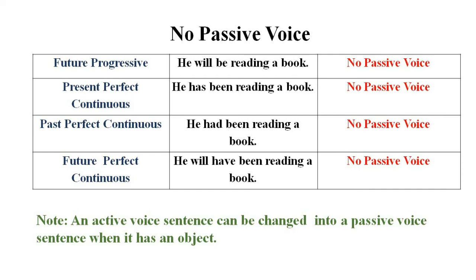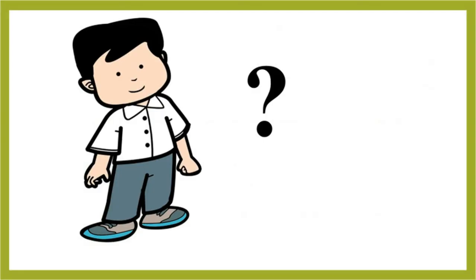And one important thing that is given in the note is that an active voice sentence can be changed into a passive voice sentence only when it has an object. तो डियर स्टूडेंट, जब एक्टिव वॉइस के सेंटेंस में कोई ऑब्जेक्ट हो तभी आप उस सेंटेंस को पैसिव में बदल सकते हैं. Now here are some questions which are based on the study that you have done today